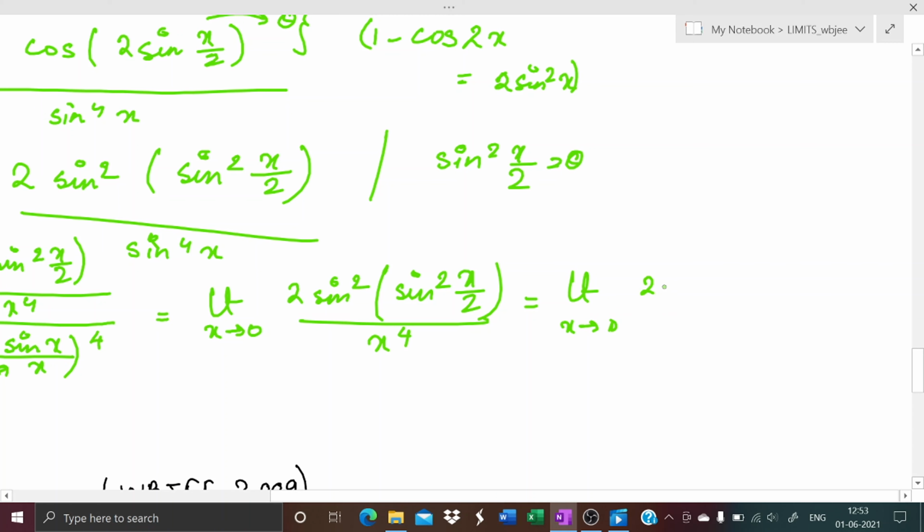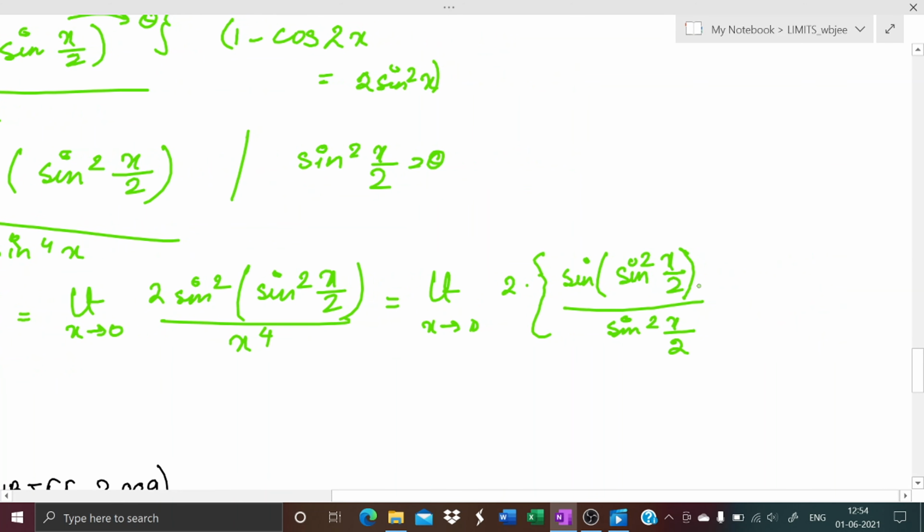See, I am taking the 2 outside. 2 into, I have to basically bring that sine x by x form. So I can write this as sine of sine square x by 2, and if I have to bring sine x by x form, then I will divide it by sine square x by 2. And since I have given one extra sine square x by 2, I have to multiply 1 in the numerator